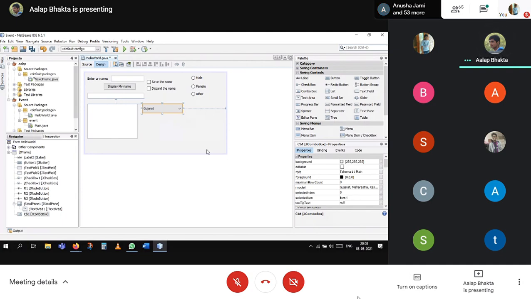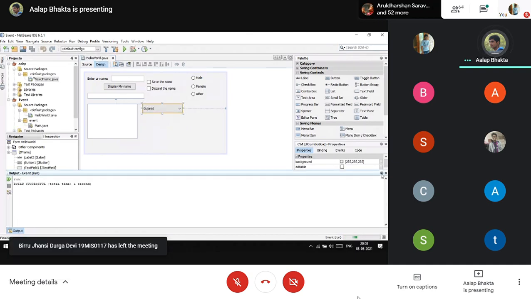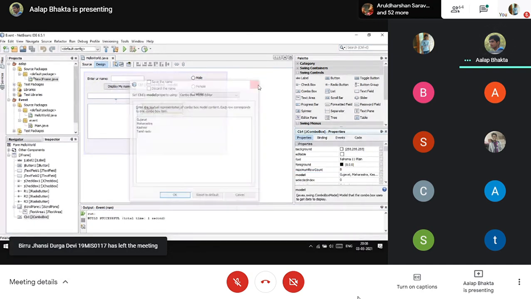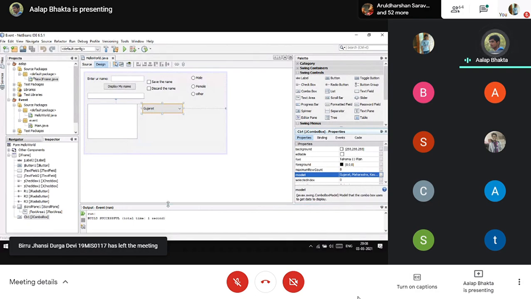I wanted to show you guys how it works, but NetBeans is betraying me. I don't know why.